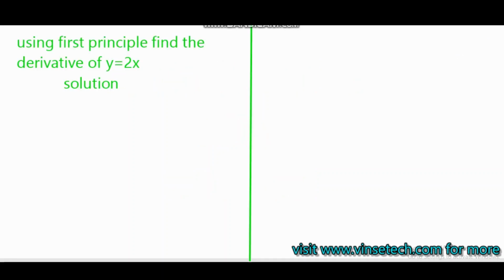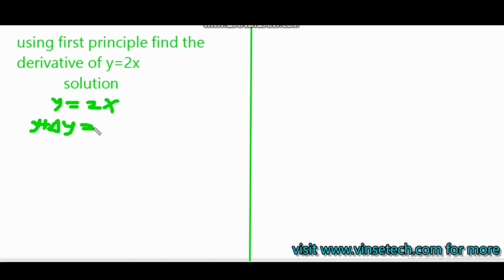In the second example, we were told to find the derivative of 2x using the first principle. So let's write the equation y is equal to 2x. So the first step, what we have to do, we add delta x to both sides of the equation. So adding delta x to both sides of the equation, we now have y plus change in y